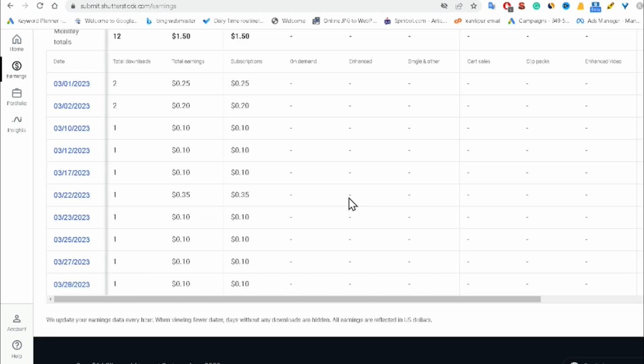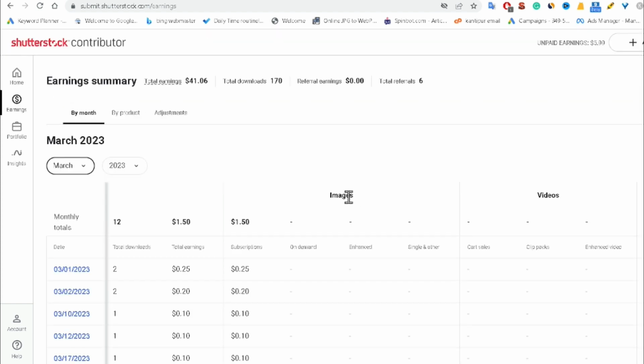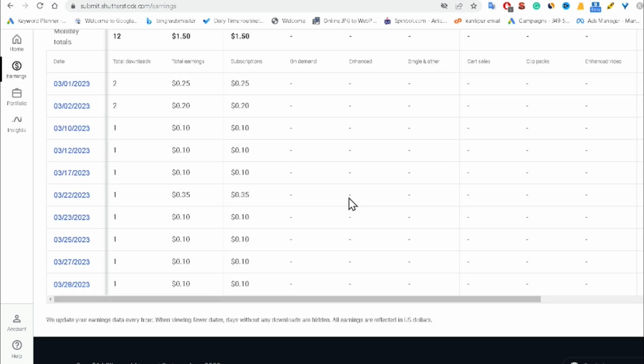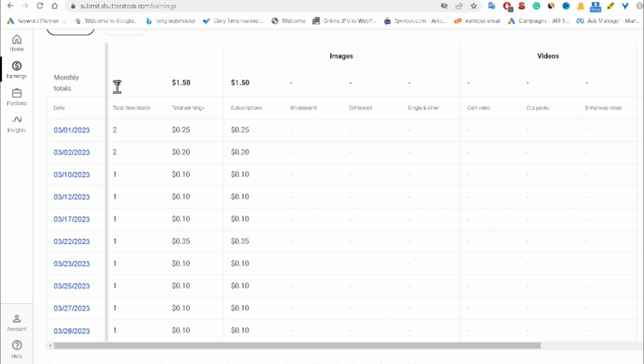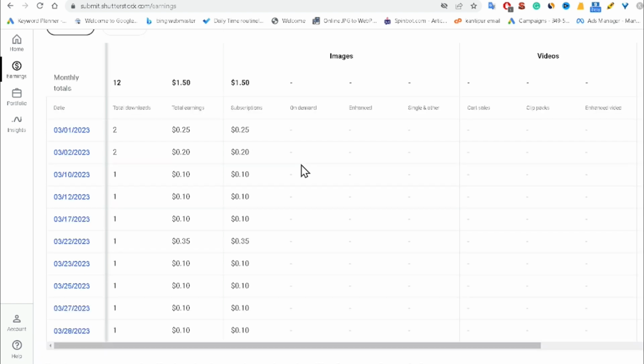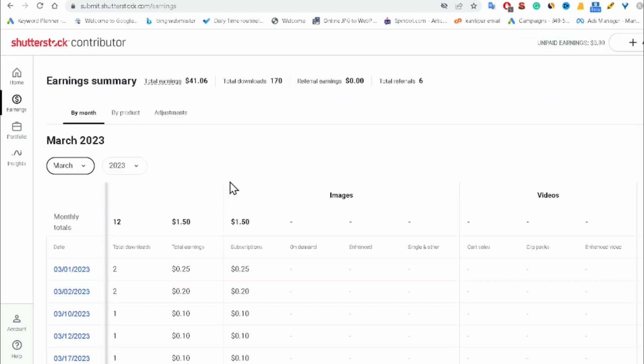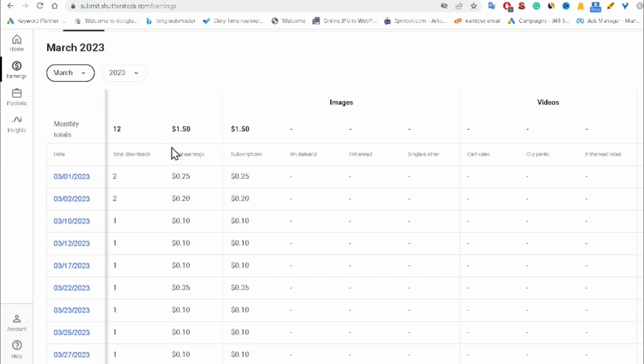Okay, so now we can see here is my earning proof of Shutterstock of 2023 March month. I have total how many sales? 12 sales, and I earned only $1.50. Okay, so this is not a good amount of money, but this is passive income, so that's why it's okay for me. Okay, so I have total 12 sales in the month of March 2023, and I got only